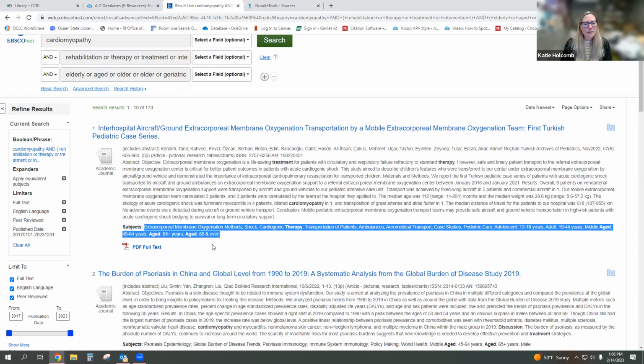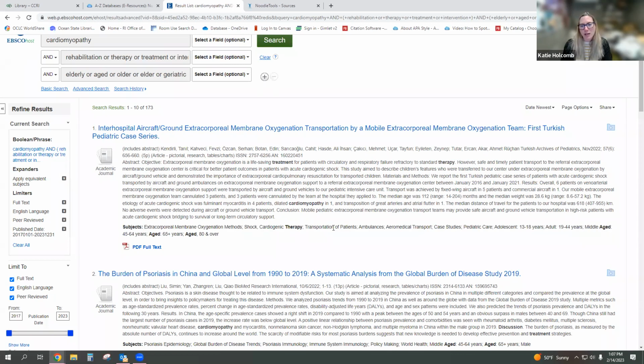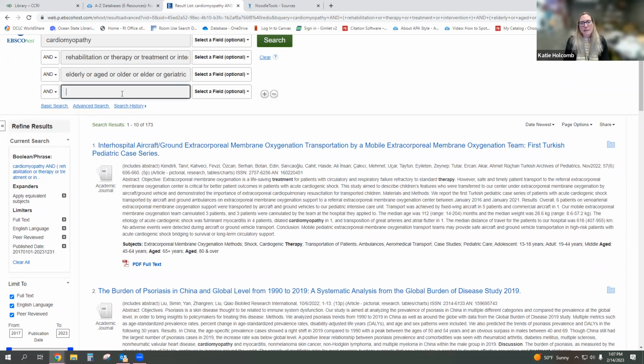Under the abstract, we have a list of subject terms. I like to point these out because they can be very useful in helping you identify other ways of saying some of your keywords, or possibly additional keywords that more closely relate to the specific research that you're trying to find. So for example, in this list of subject terms, we have transportation of patients, ambulances, case studies, pediatric care, and then a bunch of different age ranges. So if I wanted to know specifically about transportation of patients,